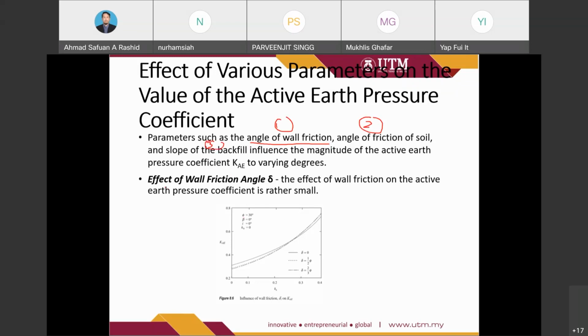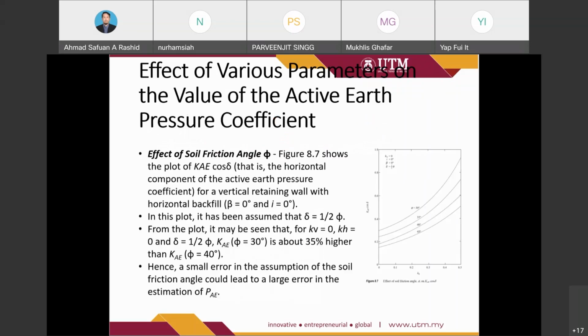The first one, the effect of the wall friction angle on the active earth pressure coefficient, is rather small. Although the KH is increased, there is no significant difference of the KAE on the wall friction angle. However, for the soil friction angle, which is the phi,